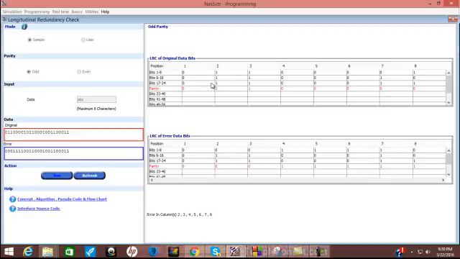Here we see that the original data is the ASCII equivalent of these characters and the error is randomized. Whatever data is there is divided into 8 columns. So we see 24 bits divided by 8, so there are 3 rows, and each row corresponds to one character. Now we add every element in the row and check if the parity is 1 or 0. We do this for both the original data bits and the error data bits.